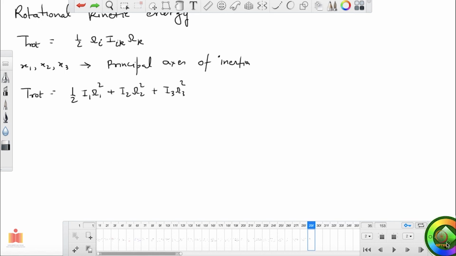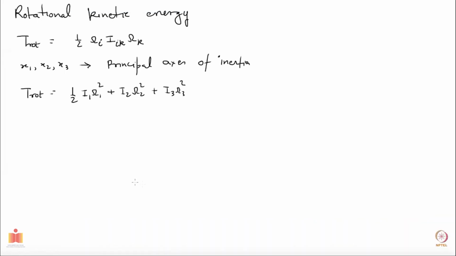Let me try to do that. So for a symmetric top, where I1 is equal to I2,